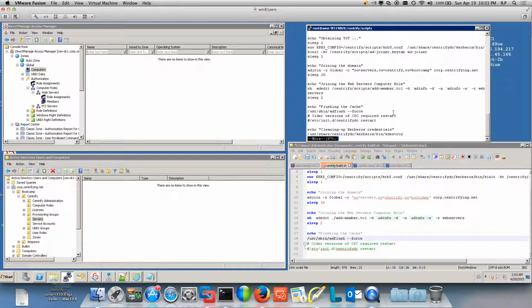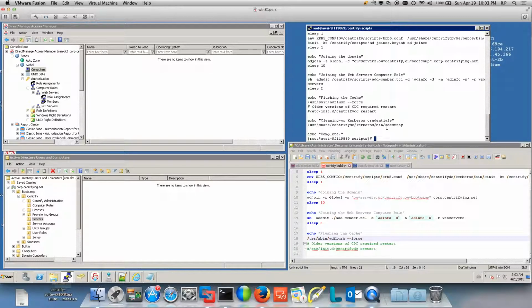So this one, all it does, using the krb5, does a kinit, then it's going to do adjoin -z, and then all the stuff that people are familiar with, but no -u, right? Because adjoin is Kerberized, and this is where Centrify shows so much maturity compared to all their competition, years ahead of the competition. Well, I'm calling adedit just to do one simple thing, to add the newly added computer to a group, and then I'm flushing the cache